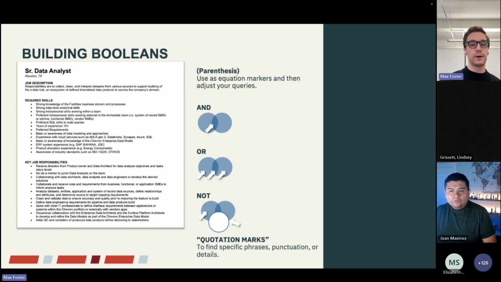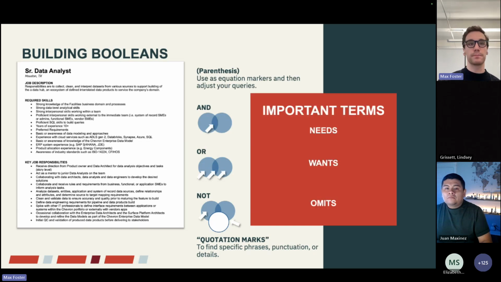The last thing, everybody, you need to know about are quotation marks. Use these very appropriately, and I'll show you how to use those. Quotation marks are there when you have punctuation or spacing, if you're looking for a key phrase. If you're looking for data model, you need to put quotation marks on either side. I'll walk you through a little bit more of that, but honestly, anything outside of the regular 26 letters on your keyboard, you should be using quotation marks around that. Okay, any questions before I proceed?